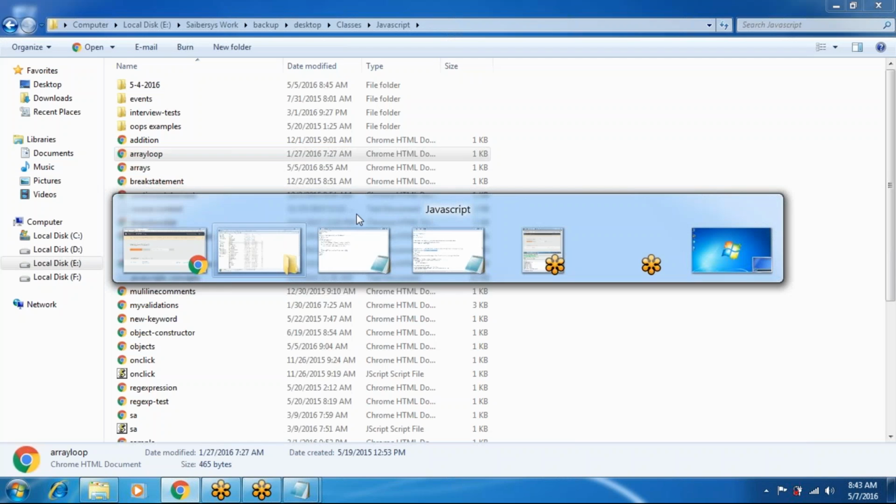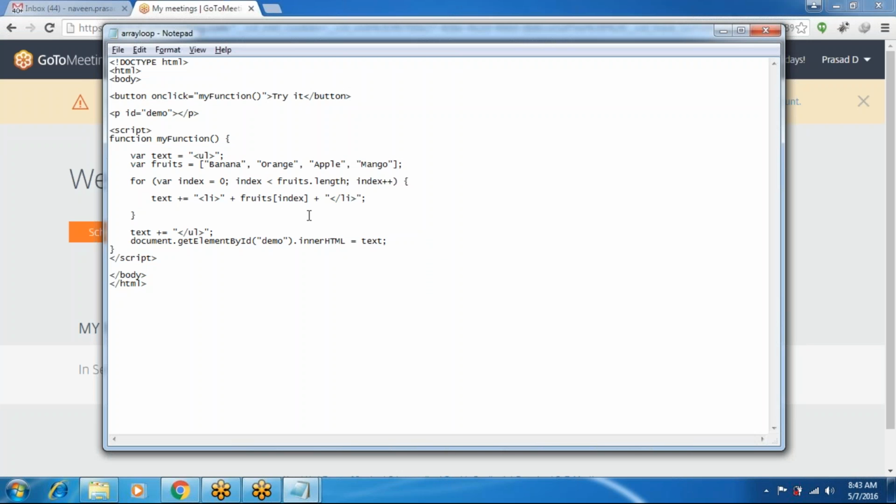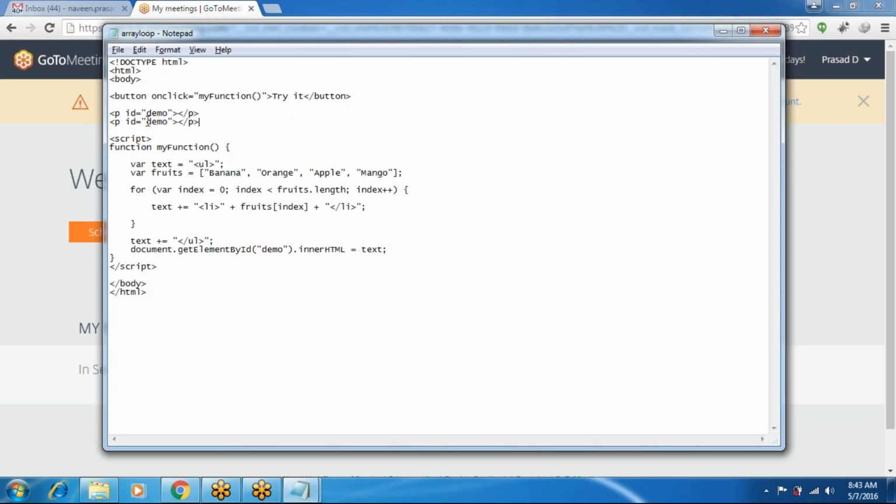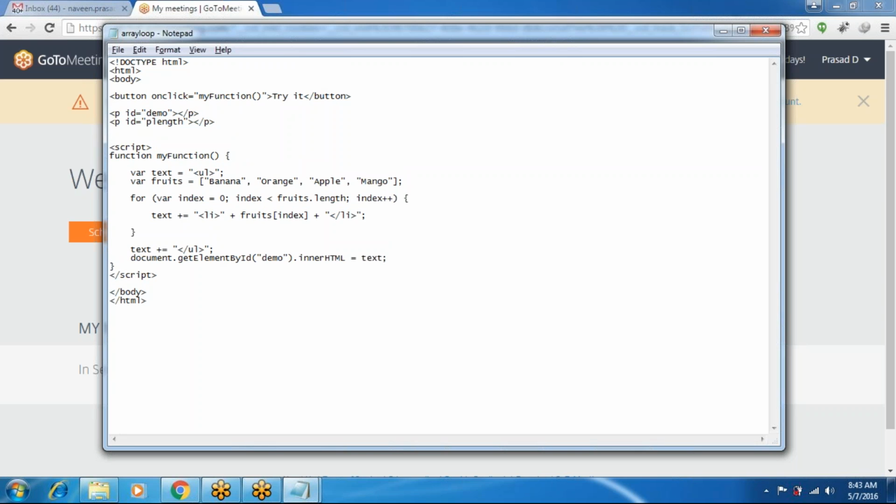So like this we can display the array length, okay, in the length paragraph, and we can display only a single value, okay, a single value.